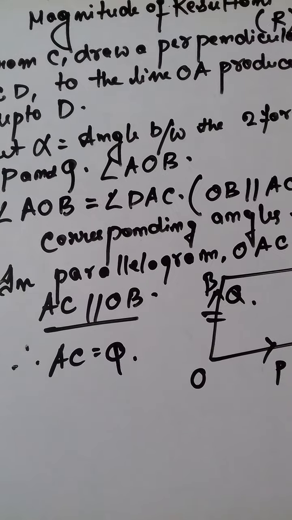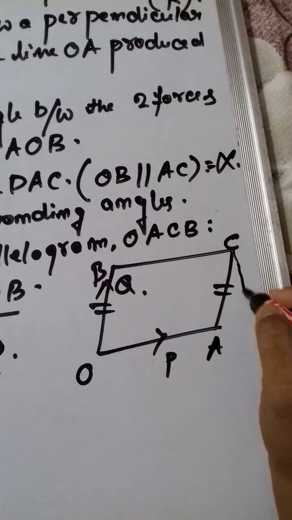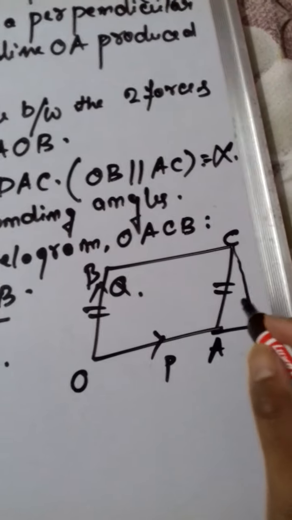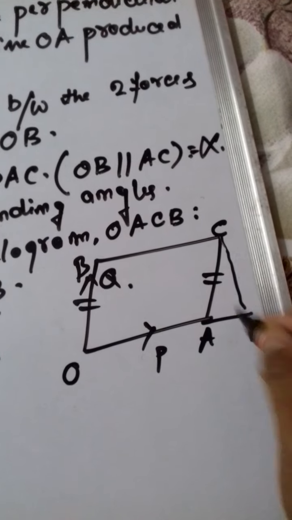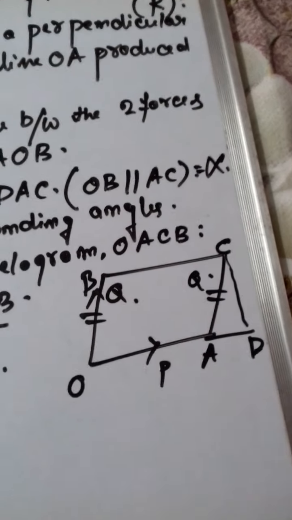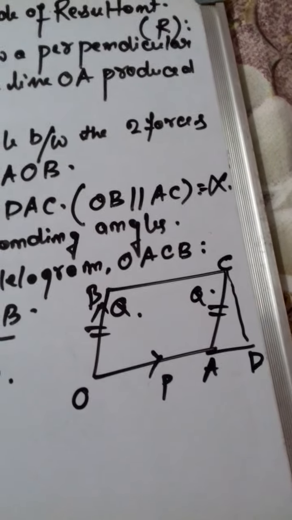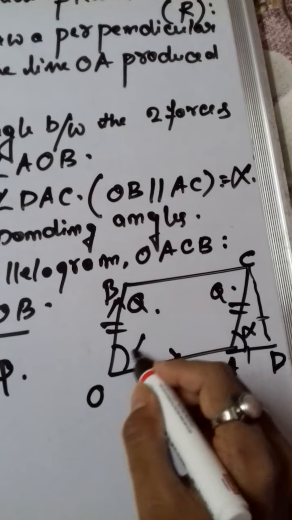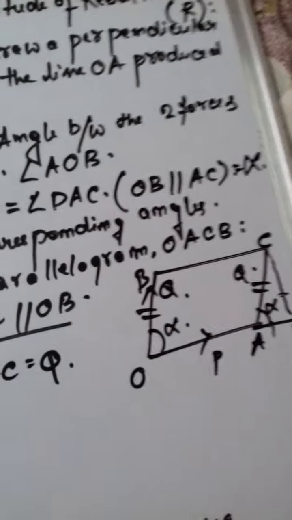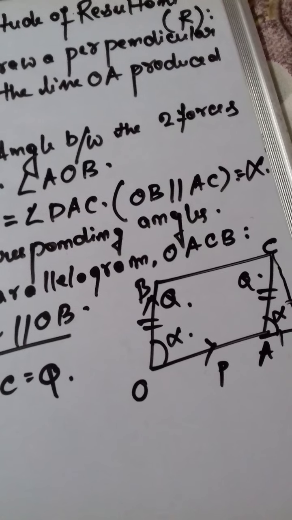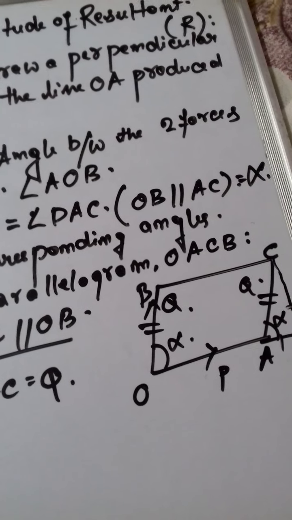Okay. Now let us come to this triangle, that is, this was D produced, right? So if this was D, come to this triangle ACD. Now see, in this triangle AC is equal to Q, okay, and we don't know the value of AD and CD, and we know that this angle is equal to alpha. These angles are equal, right? Okay. Now how to find out the value of CD and AD from simple trigonometry?